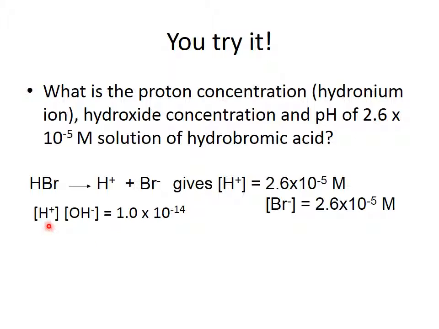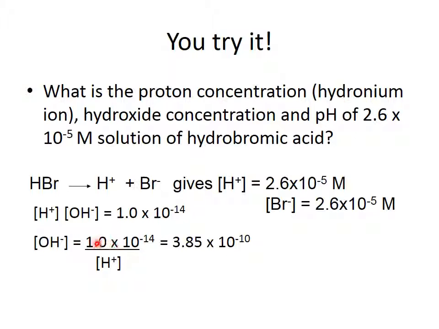I then also say proton concentration times hydroxide is equal to 1 times 10 to the minus 14. I rearrange that and get hydroxide equal to 1 times 10 to the minus 14 over proton concentration. When I plug this number in, I get 3.85 times 10 to the